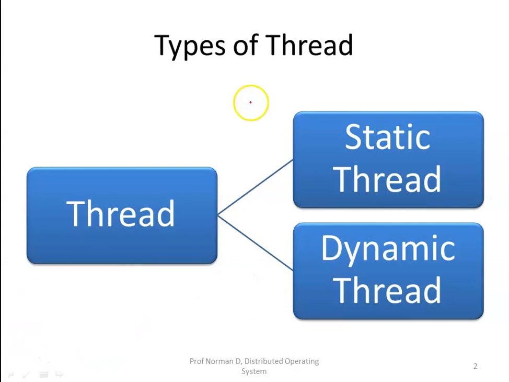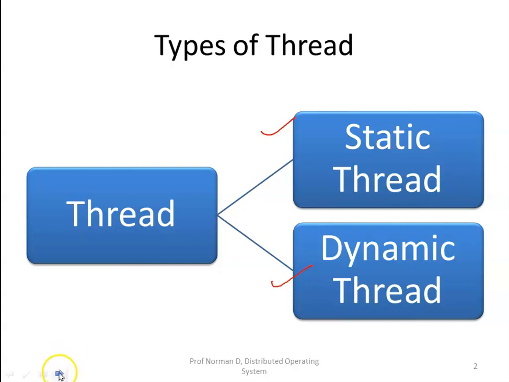So first we will talk about a static thread. Now the choice of how many threads will be there is made when the program is written or when it is compiled. Each thread is allocated a fixed stack. This approach is simple, but it is inflexible. Whereas with respect to dynamic threads, threads are allowed to be created and destroyed on the fly during execution. The thread creation usually specifies the thread's main program and a stack size, and may specify some other parameters as well.